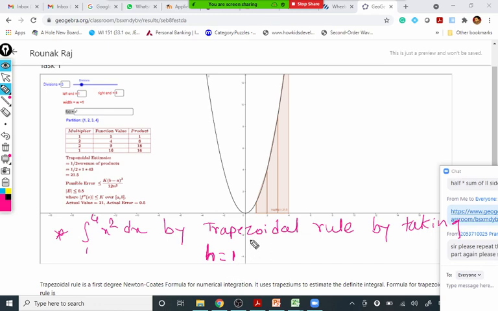So we have to make a table. You can take x, where the initial value is 1, 2, 3, 4. And then you can say it is x0, x1, x2 and x3. So the last suffix is nothing but n, xn. You get x0 to xn. So n is 3, that is, the number of intervals is 3: 1 interval, 2 interval and 3 interval.